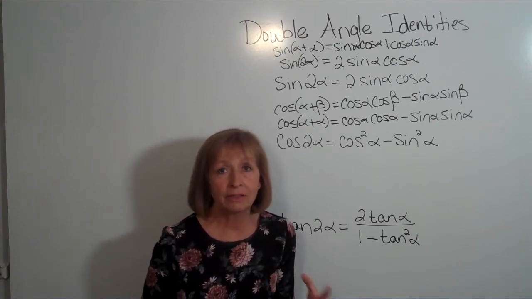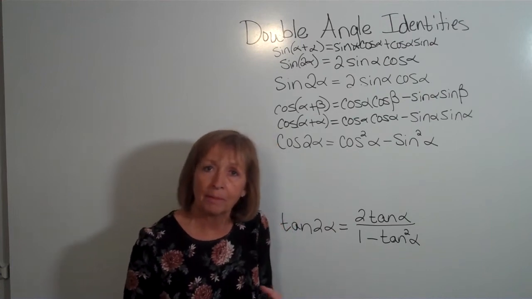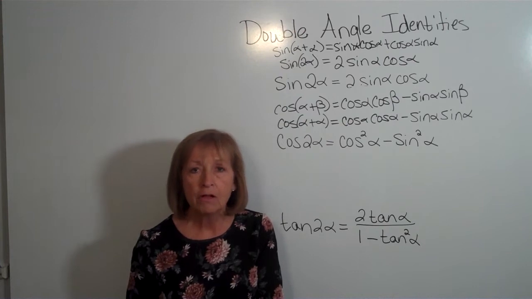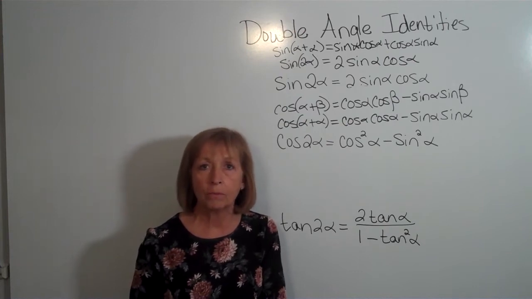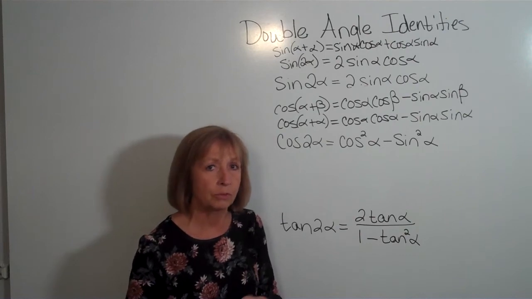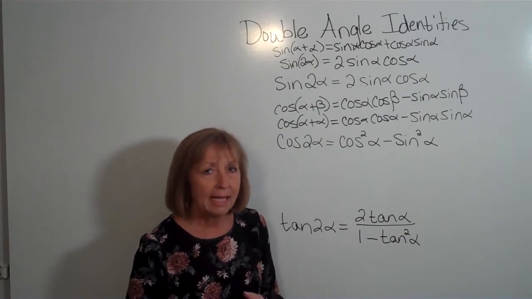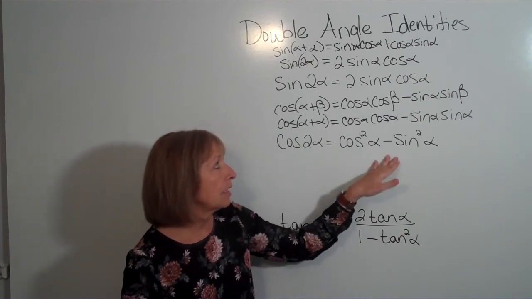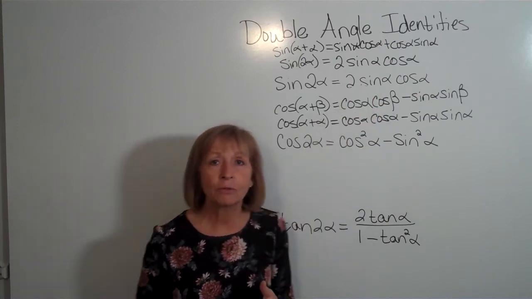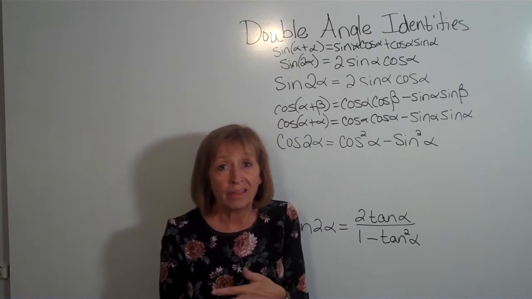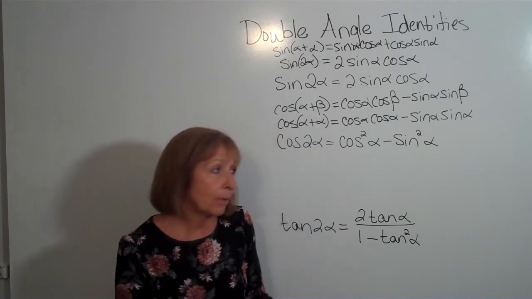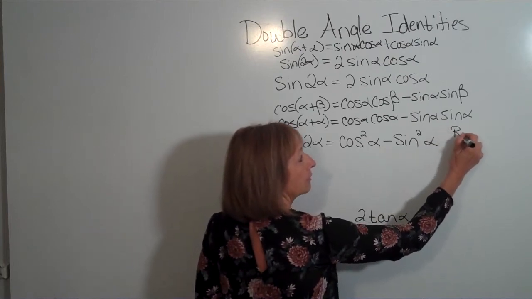And I just have to look at the other stuff that's going on in the problem to determine which of those 3 forms for the cosine of twice an angle would get me to where I need to be in the process with whichever problem I'm working on. And why there's more forms for this one, and there wasn't for the sine of twice an angle, is because in the cosine of twice an angle, I've got cosine squared alpha in there, and I've got sine squared alpha in there. And we want to remember and kind of recall